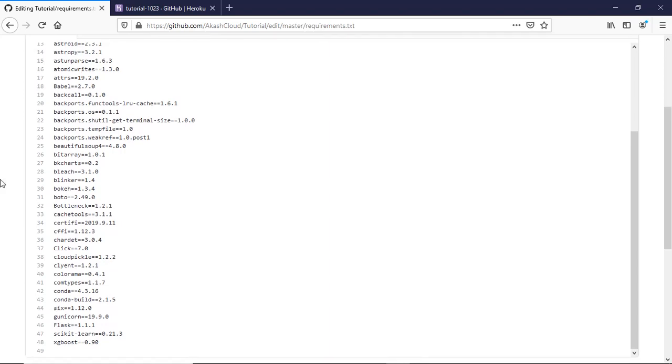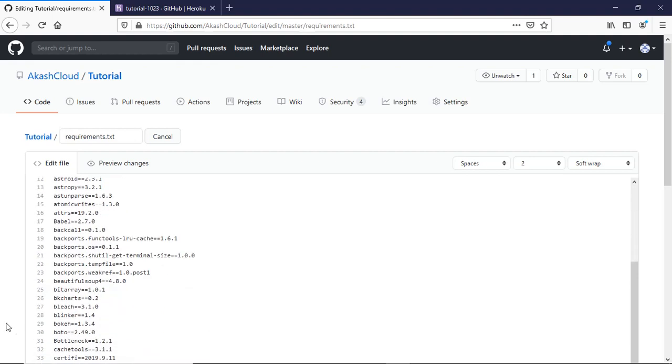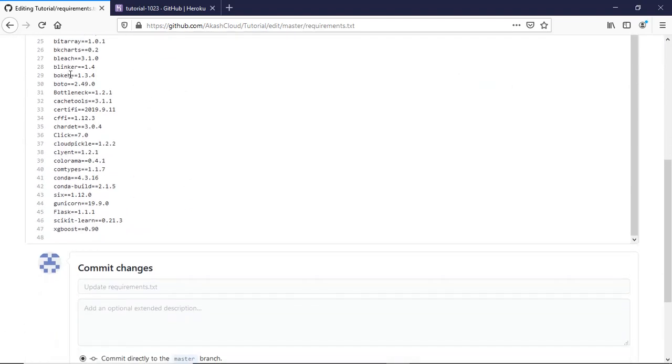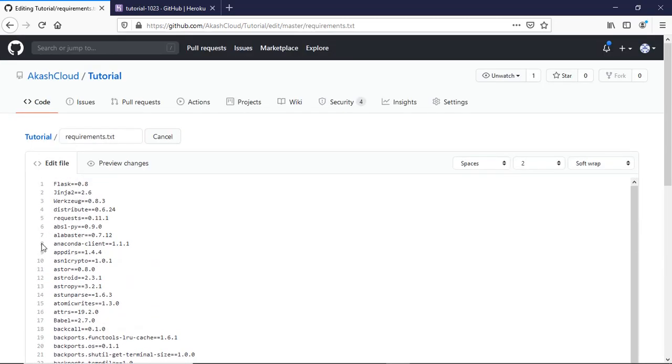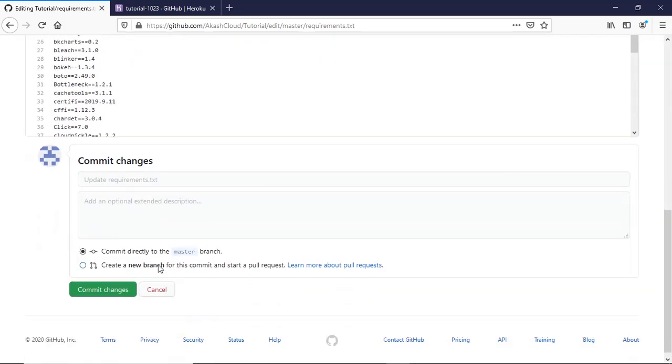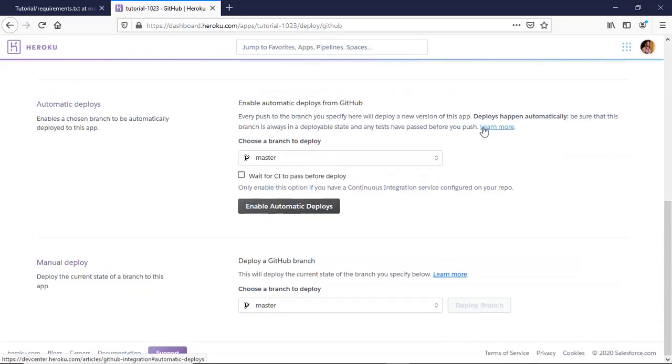Yes, I'm going to delete the first one. Requests is also available two times. I think requests is available below also. No, requests is not there. And yeah, now I'm going to commit this, and again I'm going to deploy our application.